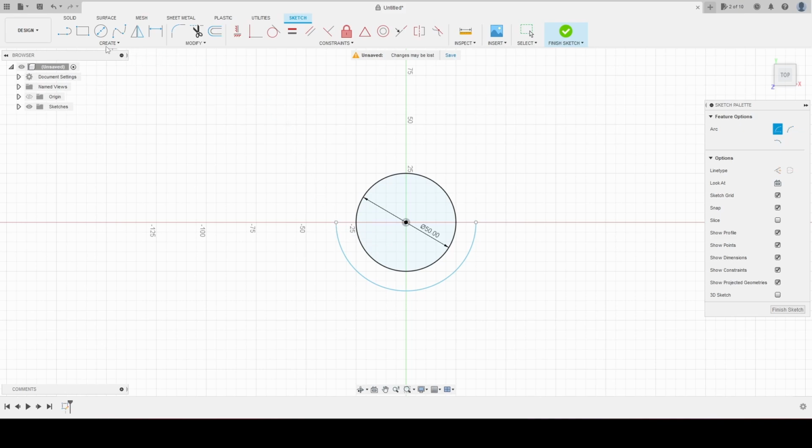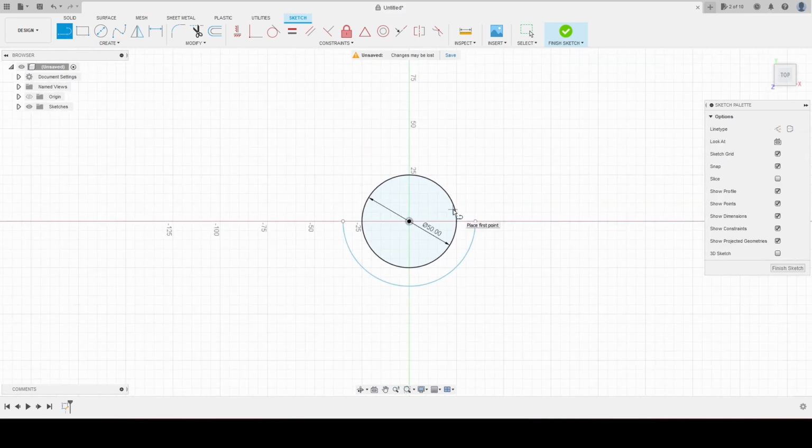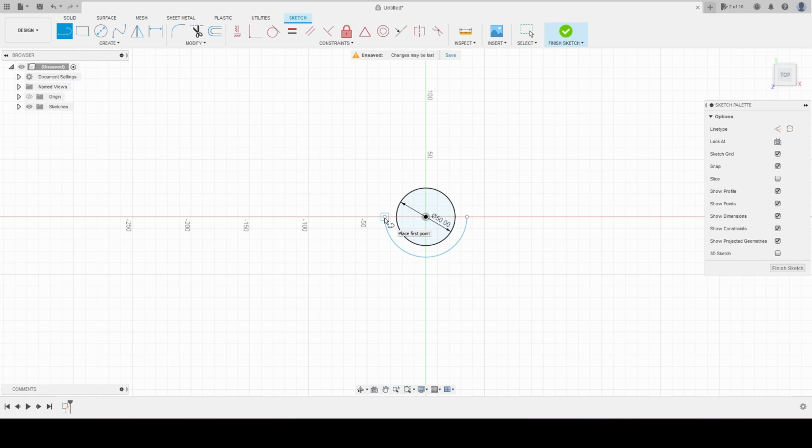Next thing we'll do is create our line tool. All right, zoom out a little bit, create our line tool, and then we're going to move this line. It's going to be 20, so 20. And then we're going to go in 5, just like that, and then 60. And then we're also going to go over 10, down 5,